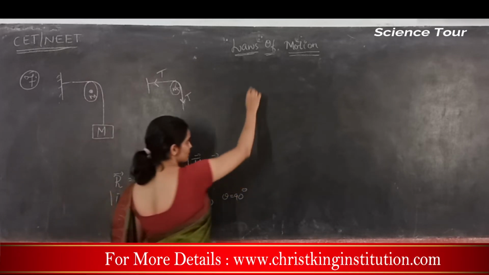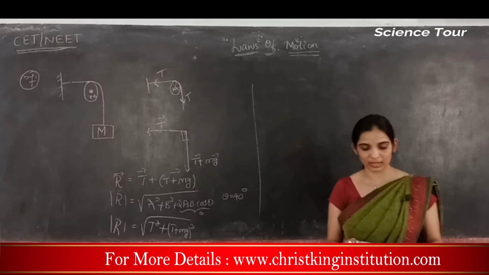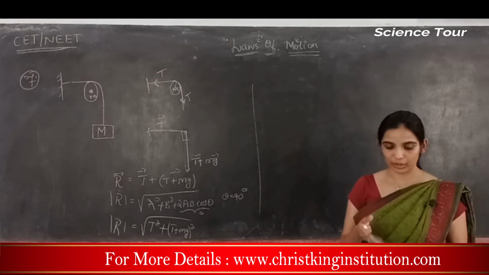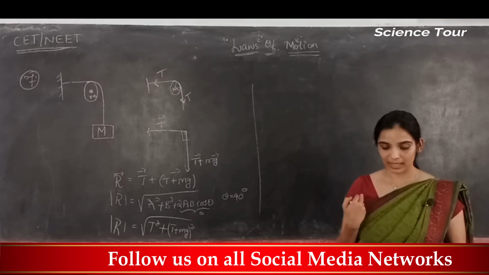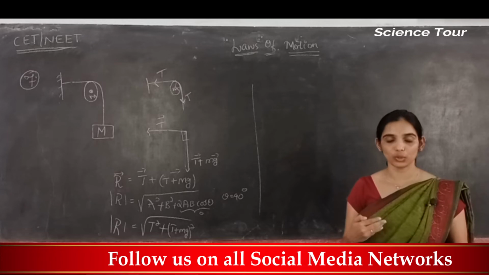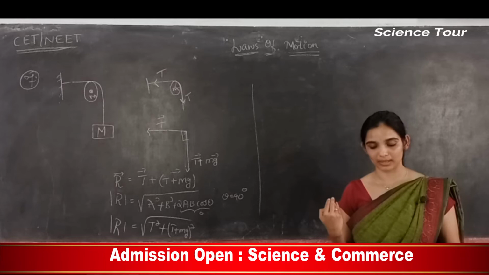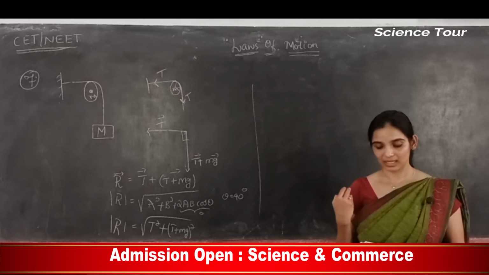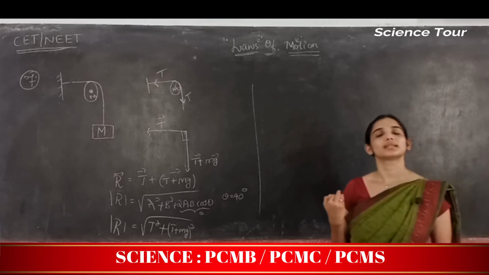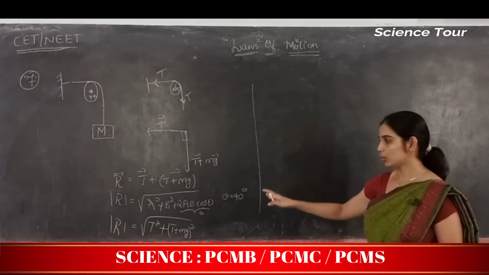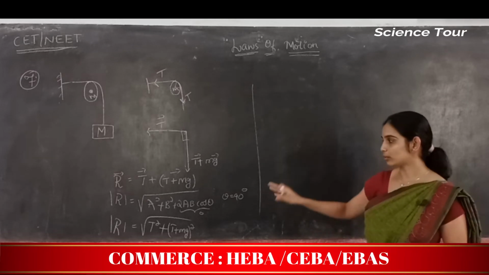Now if you know what T is, then you can write it in a proper format, because your options don't have a T term. If you look at option A, that is root T into capital Mg, B is root 2 into small mg, C is square root of M plus m square into g, D is g into square root of M square plus m square. So nowhere do you have T in the answers, so you have to convert T.